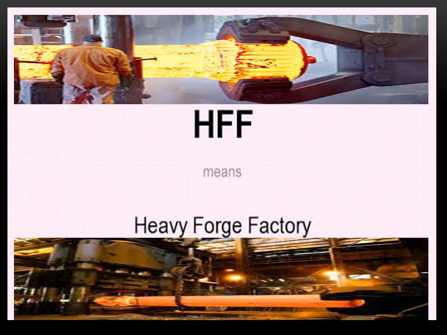The Heavy Mechanical Complex is also manufacturing equipment for hydroelectric power plants, thermal power plants, oil and gas processing plants, and chemical and petrochemical plants. For example, boilers, cranes, construction machinery, material handling equipment, steel structures, and railway equipment are some of the other products which are produced on a regular basis.